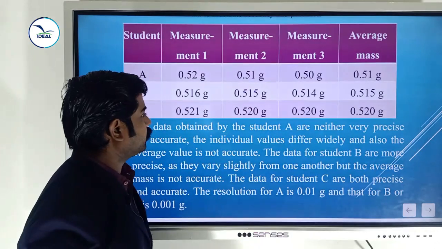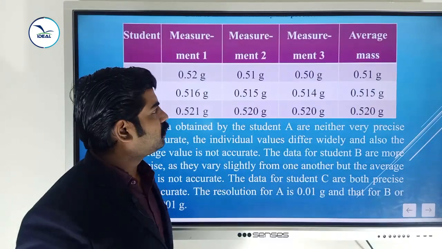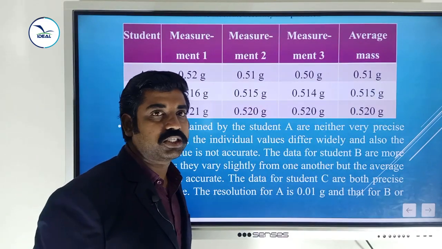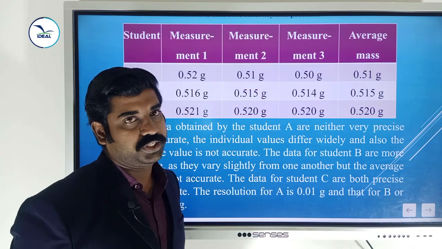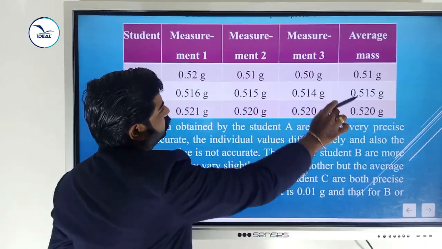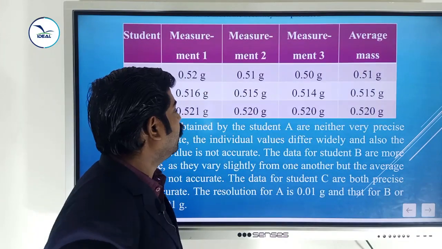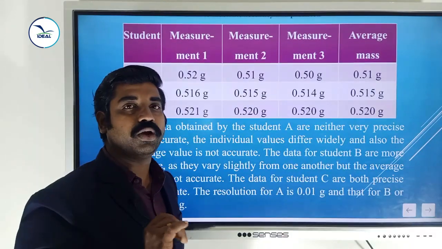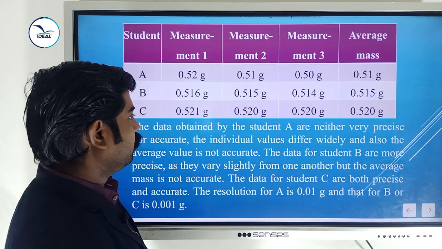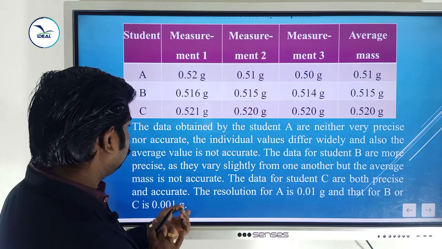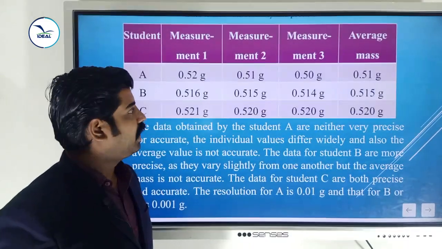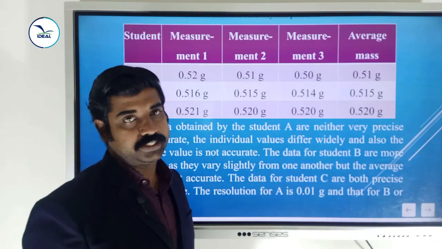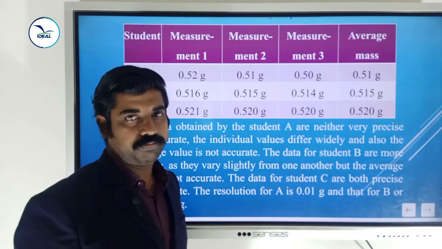In the case of A, this is not precise and not accurate, because the actual value is 0.520. So in this case, the precision is not good and the accuracy is also not good. So it is neither precise nor accurate. And in the second case, precision is there, but